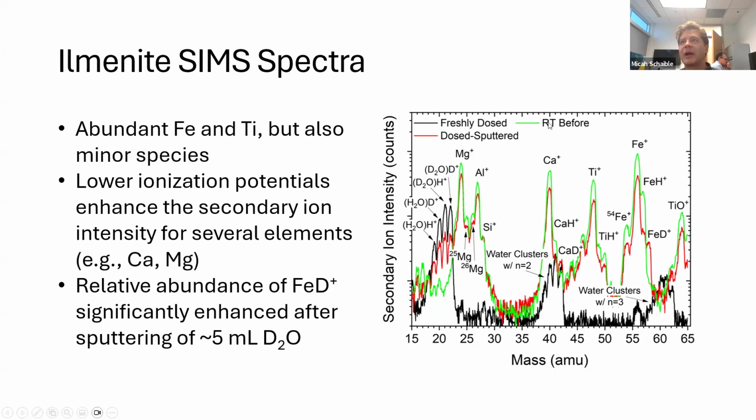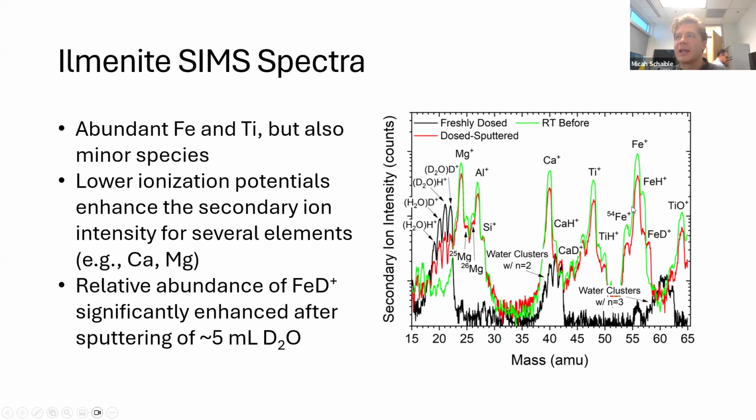Again, when we compare the room temperature spectra to the freshly dosed spectra, we see that we can completely cover that ilmenite substrate. So we see only water group ions coming off. That's in the black curve here, where we see only these N equals 1 and N equals 2 water clusters, a few of these N equals 3 water clusters. And then after irradiating the sample for an hour or so, we expose the underlying substrate. We see those metal group ions grow in. Some small fraction of water group ions still exist, but we see pretty much just the same spectra that we saw in those room temperature